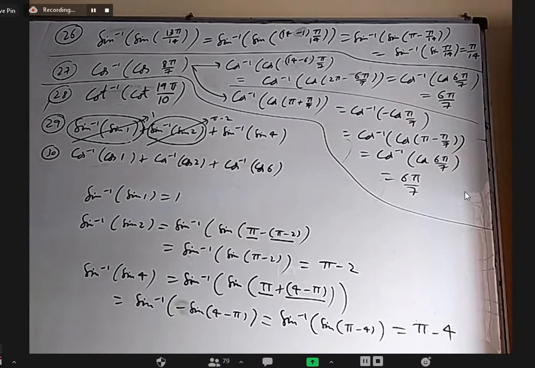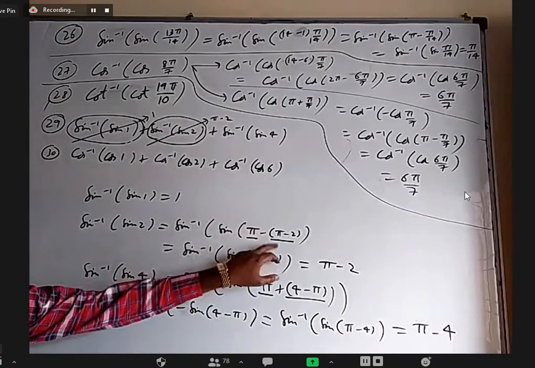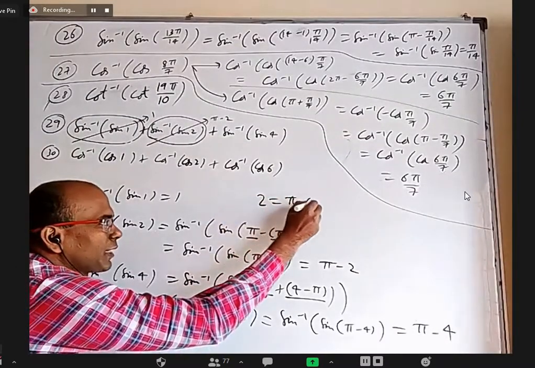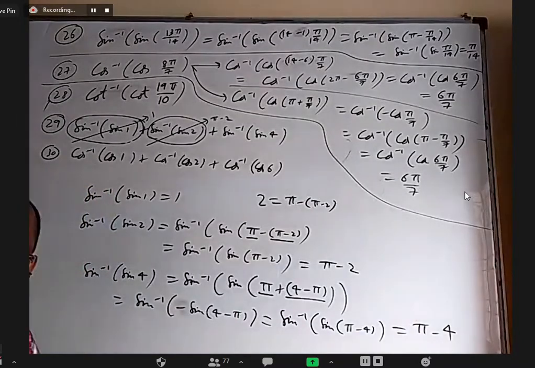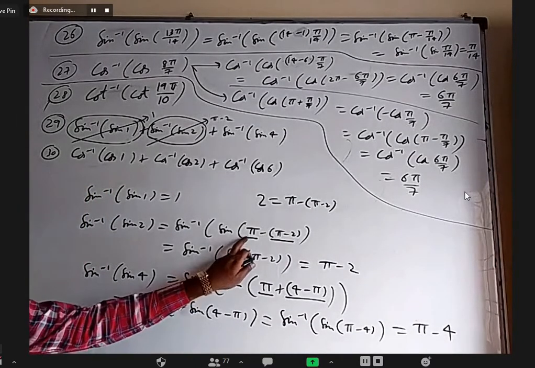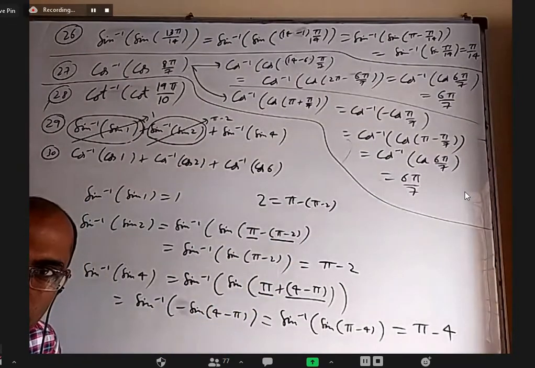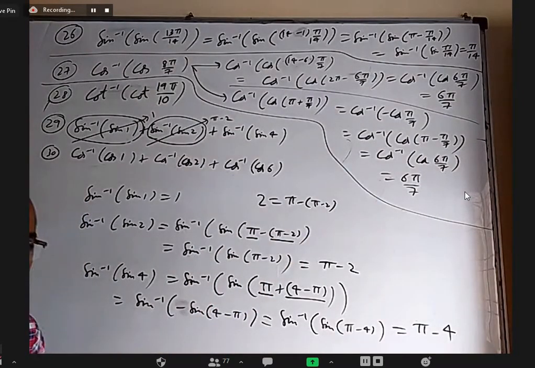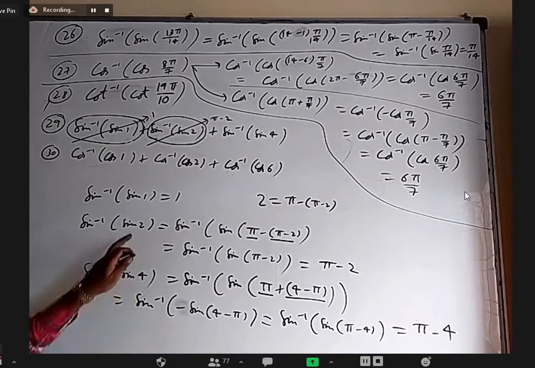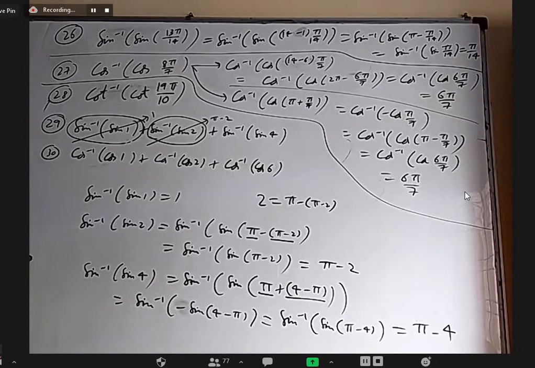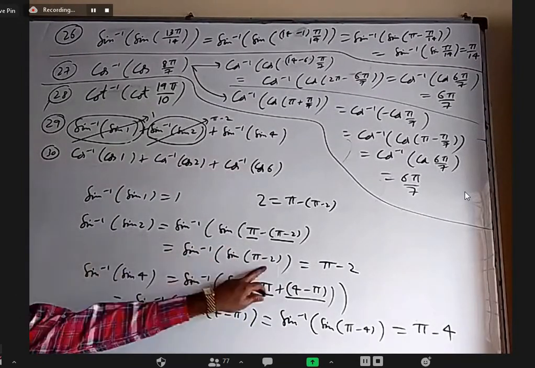Sir, how is it pi minus 2? Can I cancel pi and pi? It is 2. Is it wrong to write 2 as pi minus 2? Any problem? No, sir. Now sine 180 minus theta. This is 180 degrees. This whole thing is theta. I can write sine theta. You can directly write this as sine of pi minus theta, right? If somebody is not happy with this, directly from here to here you write. What is the big deal?